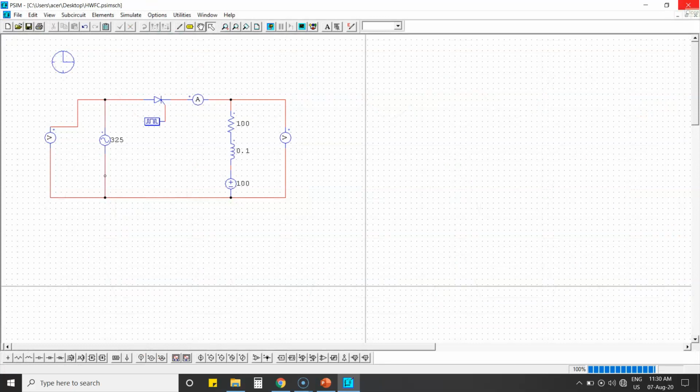So kindly take the picture of a circuit diagram with R load, RL load, and RLE load. So we need 3 pictures, and similarly output graphs for R load, RL load, RLE load. So 6 graphs totally, and tabulate the RMS voltage, RMS current, average voltage, average current. It's a practical or simulation value, and compare the same with theoretical value. So we have a theoretical formula for average voltage and average current, and RMS voltage, RMS current for a half wave full control rectifier. So just compare the theoretical value and simulation value.